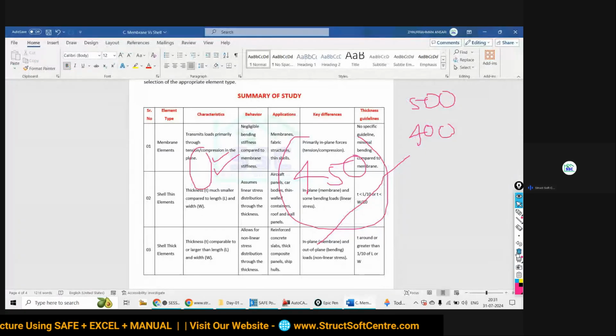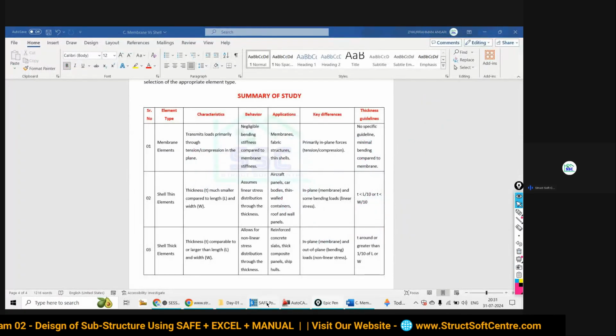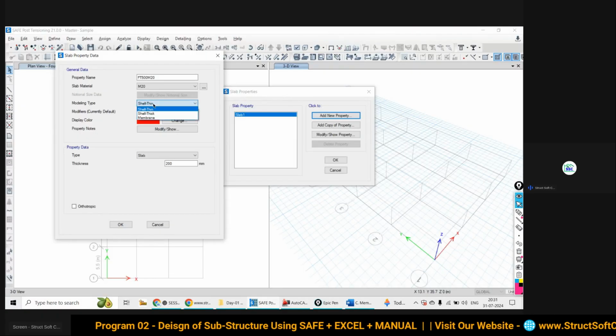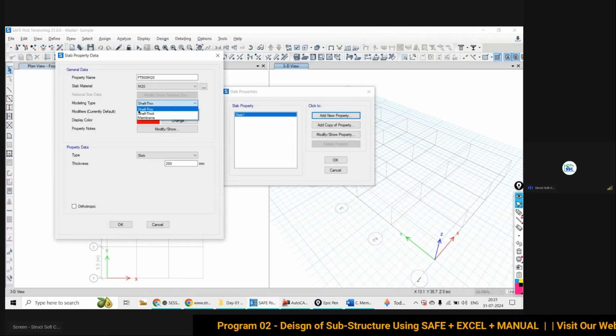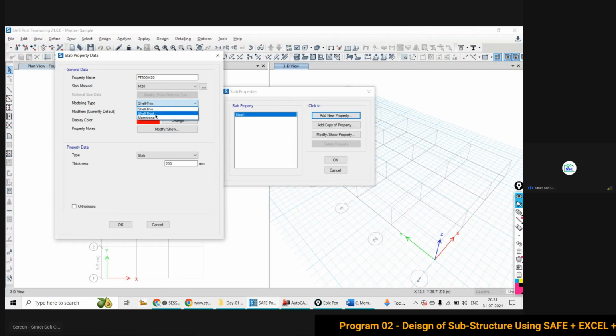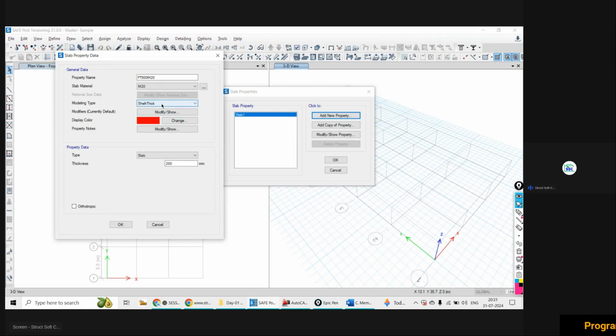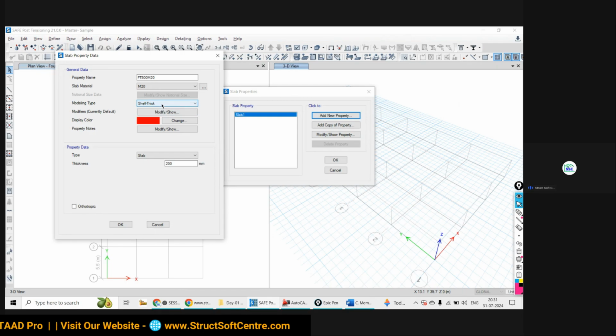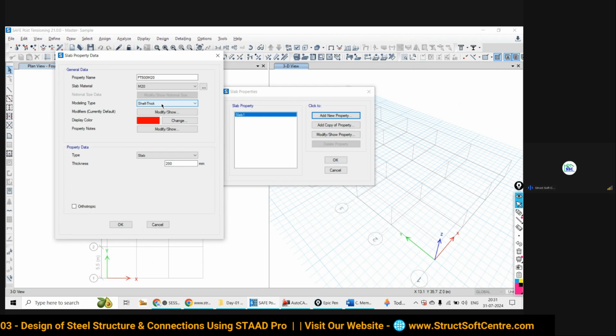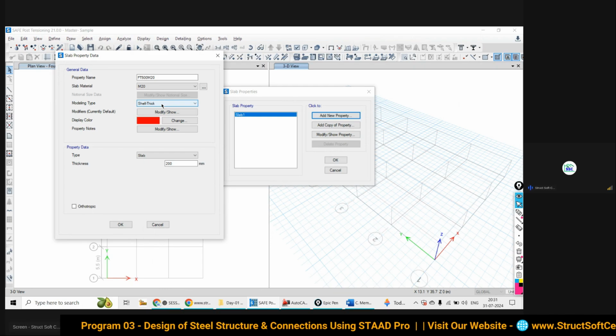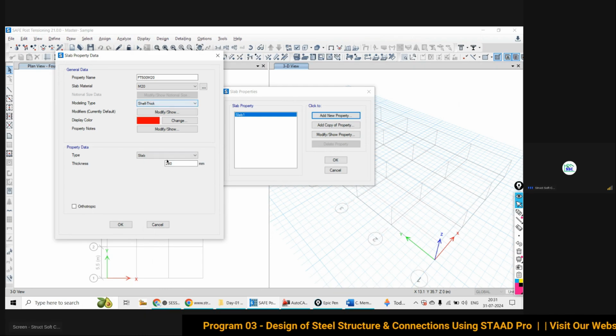Now, overall, this is all done. Coming back to our discussion: shell thin, shell thick. You all agree to choose the shell thick, so that's why we are going to check it as shell thick. Now, when we deal with the floor slab in this CSI SAFE software, at that time we will choose the shell thin. So at that time you have to remember all this discussion.